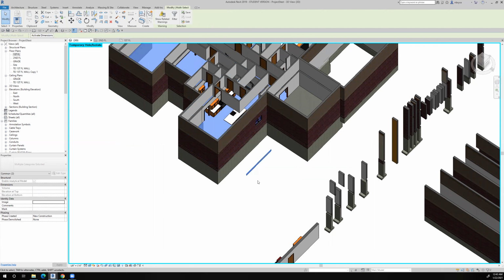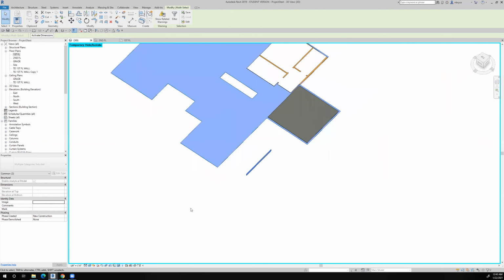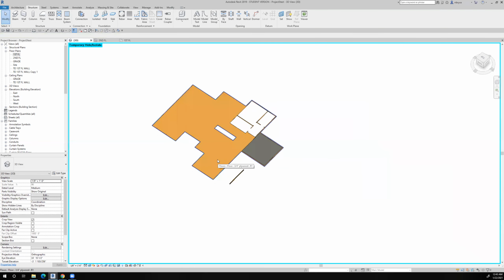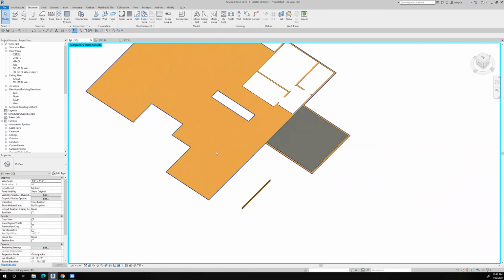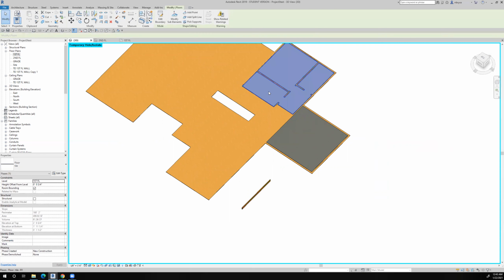And that's the reason that I put it in the floor plan, was simply so that I could isolate those categories. And now all I have is my framing member and my floors. This is my tile,